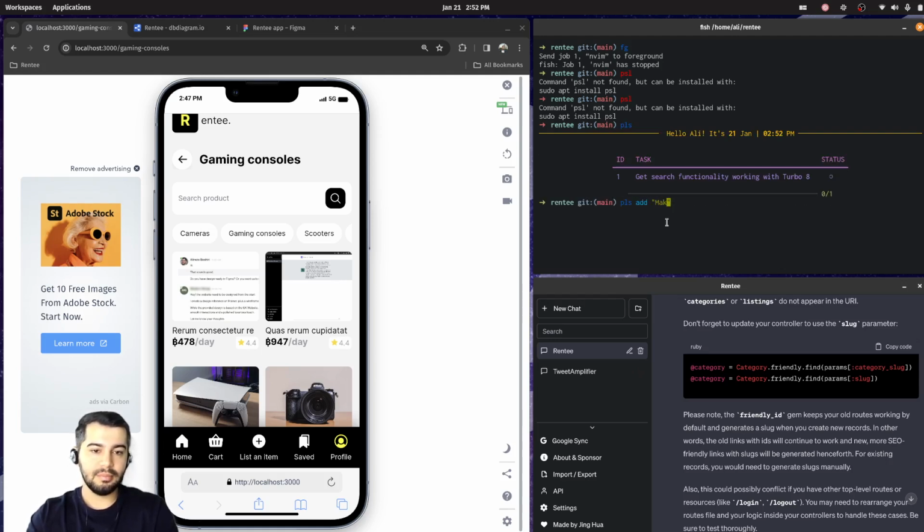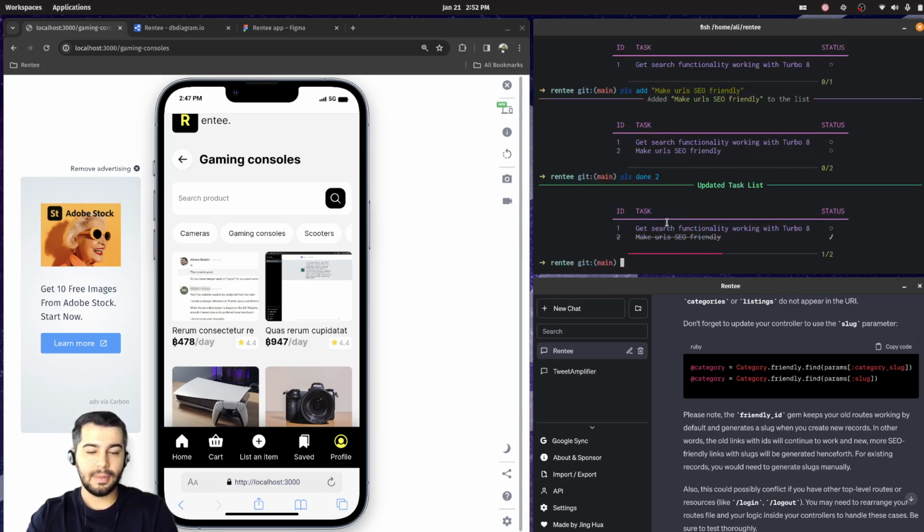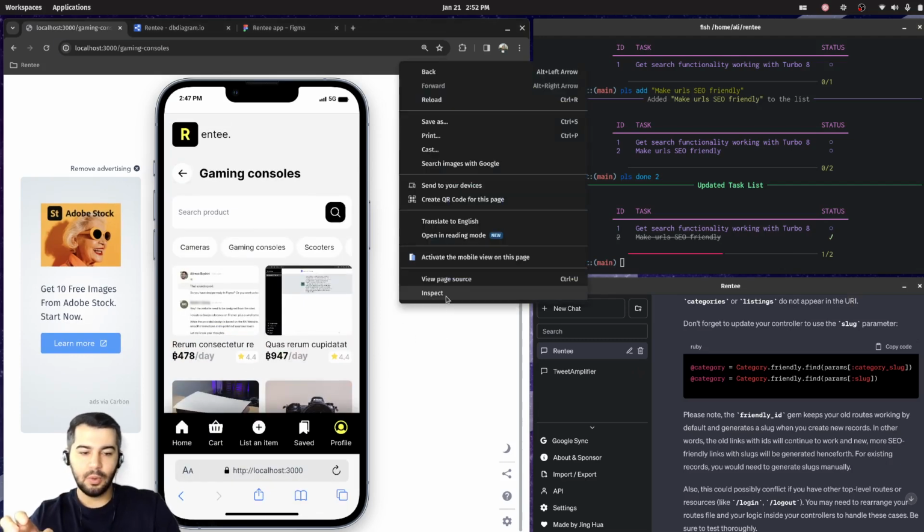So we make the URL SEO friendly. So the second one is done. Get the search functionality working with Turbo 8. The way Turbo works is that it opens